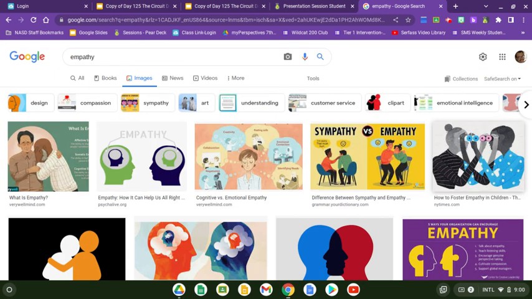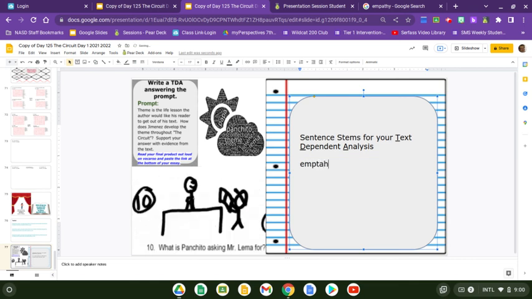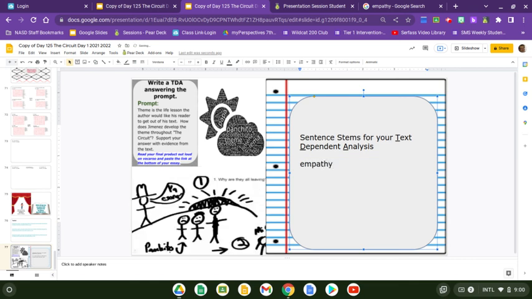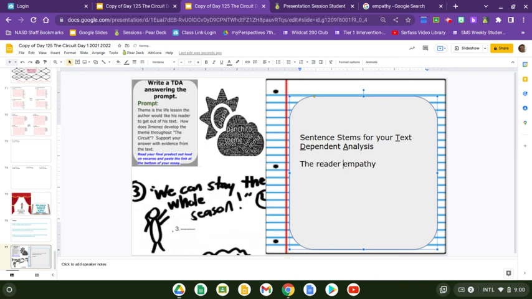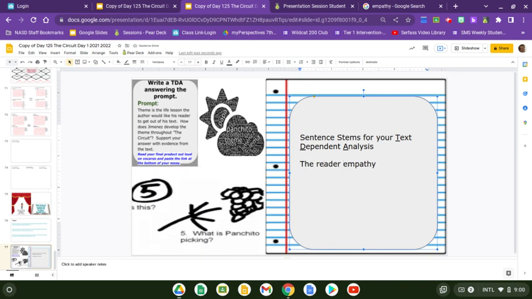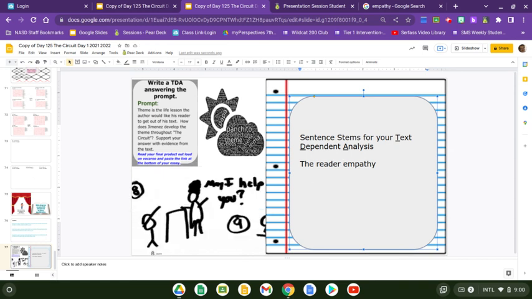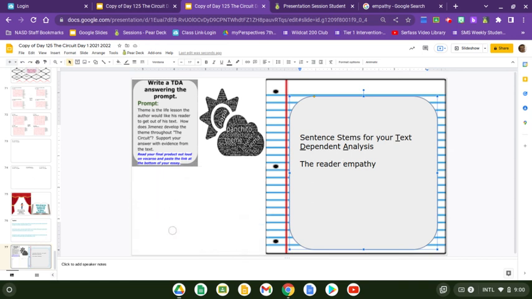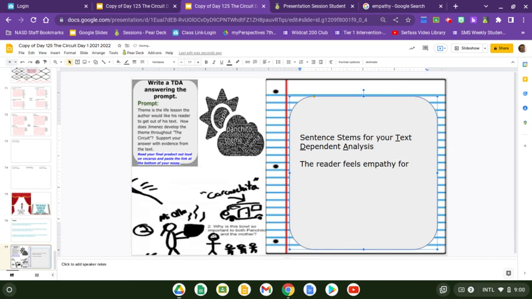You don't have to agree with someone to have empathy for someone. So I think that word empathy can work really well in this story too. Here's that word empathy, understanding someone else. So, the reader. Can't leave the reader out when we're talking about theme, right? Because the theme is for the reader, not for the characters in the story. So the reader feels empathy for Panchito